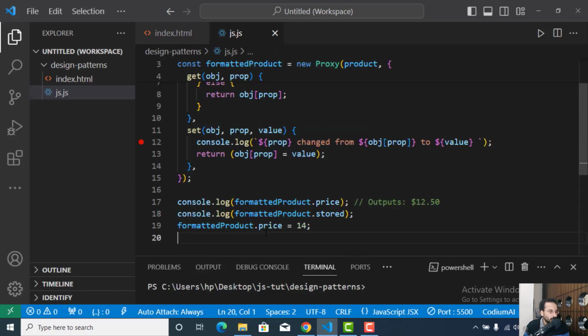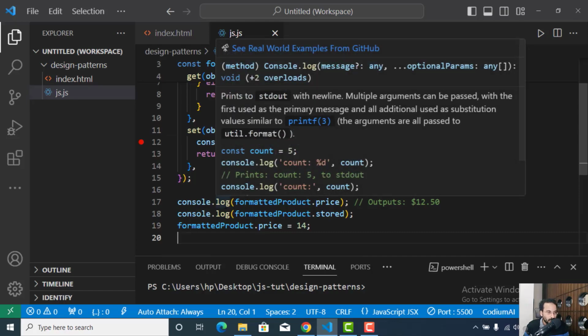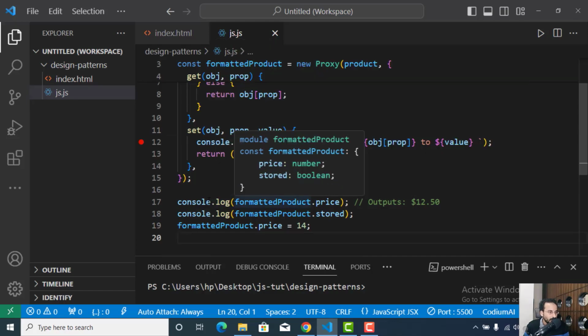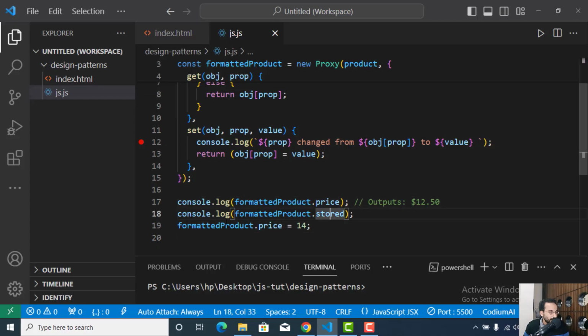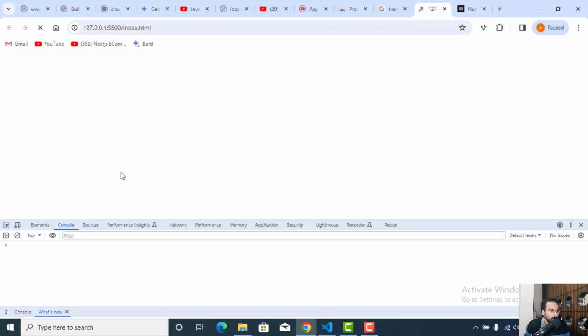And if we complete our code here to console.log what happens in these two lines, it will get or access the properties of the target object product, price and stored, okay. And the third line will use the set method for setting or modifying the value of the property price here to 14. And if we run our code here on the browser by using the live server, we can see it printed